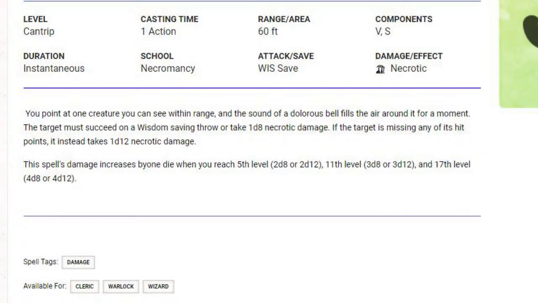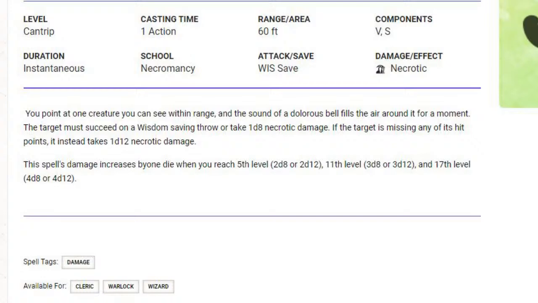I never really understood what was going on with Toll the Dead until I saw it in play and realized what was going on. Why do we want to take Toll the Dead? Because it has a damage output of 1d12 necrotic damage at 60 feet to injured monsters. Now, if they're not injured, it's only going to be 1d8. So you're only going to target the monsters that have already been injured or lost hit points. That's the thing you're aiming for. It should never be passed up. Go for this. This is a great cantrip. It does a lot. And necrotic damage is usually pretty good in terms of damage output for any kind of cantrip.